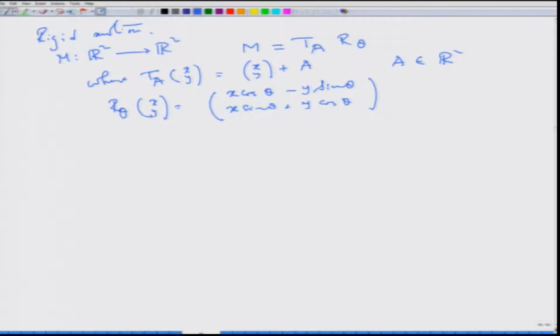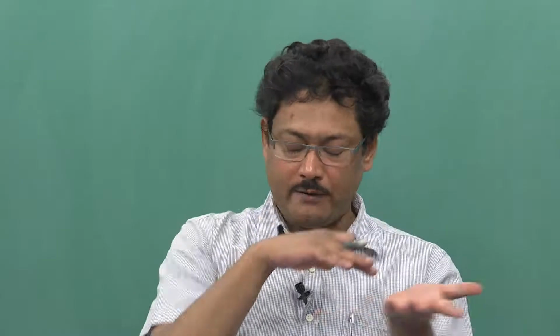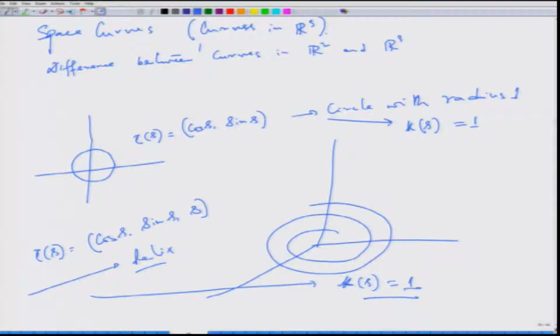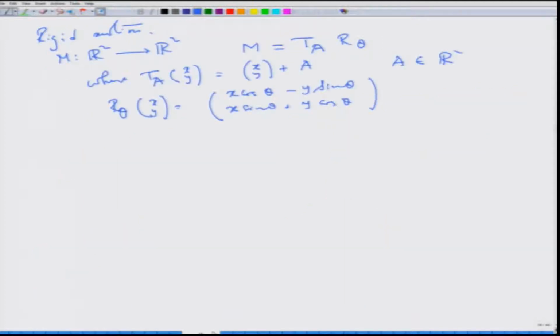Now, you can imagine that if I have a planar circle and I translate it or rotate it or whatever I do, I cannot make it a helix. So, both of them have the same sign curvature, but no rigid motion can map a circle to a helix. But